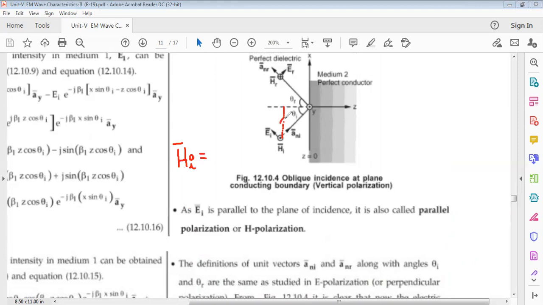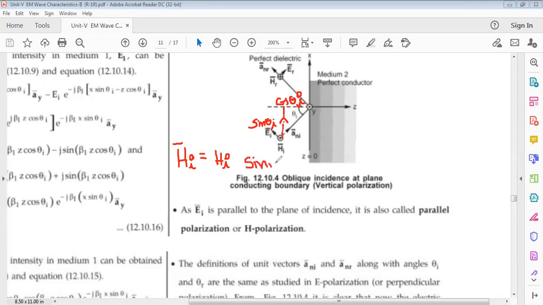So the upward direction is the positive x direction. So theta I means the opposite side is sine theta I and the adjacent side is cos theta I. So HI bar is equal to HI, a constant or magnitude, into sine theta I